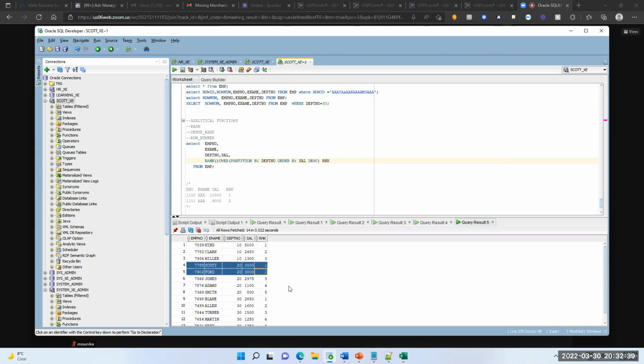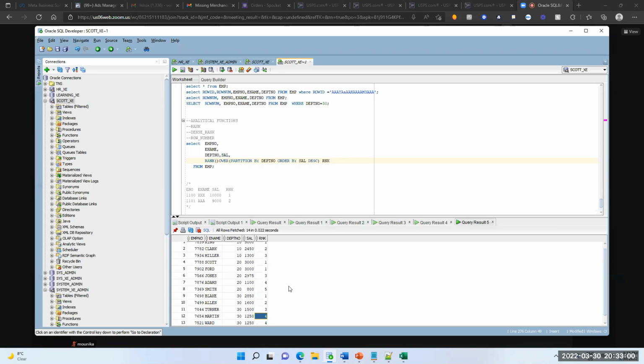But rank is giving 1 for both the records, and skipping 2. Again, for 2975 we have to display 2, right? But it's skipping and then going to 3, 4, 5, and then again coming 1, 2, 3, 4. And 5 is skipping here, 6 directly. See the difference.